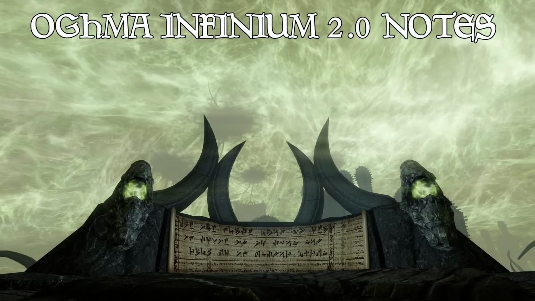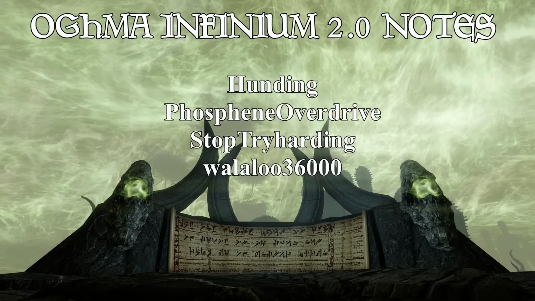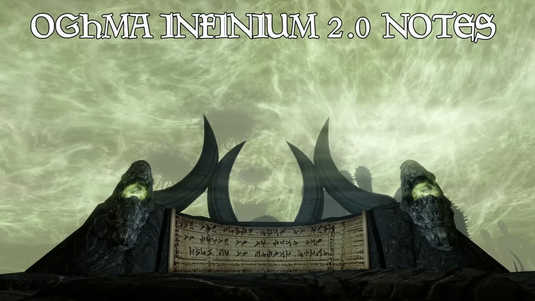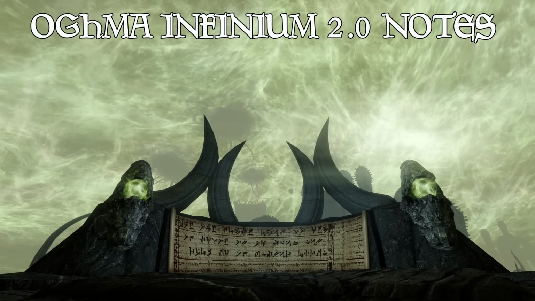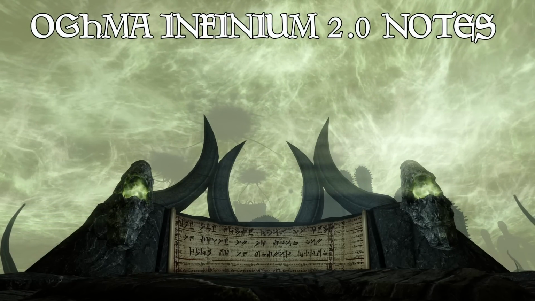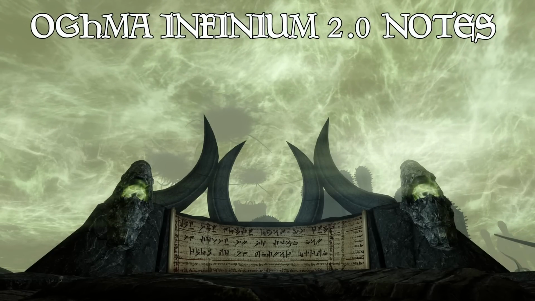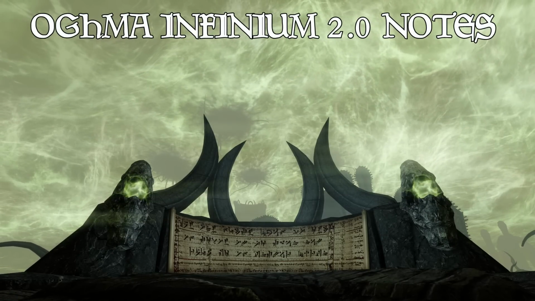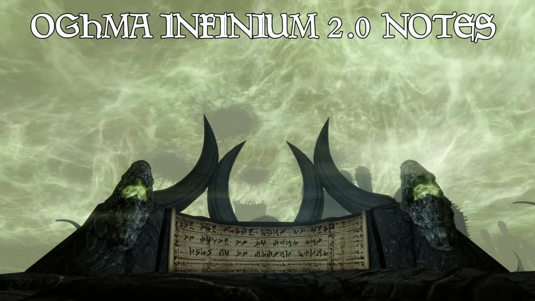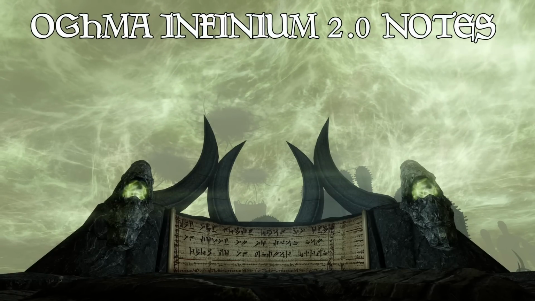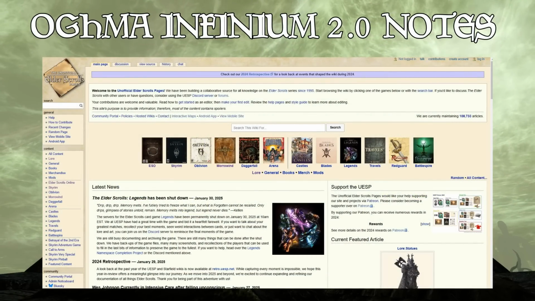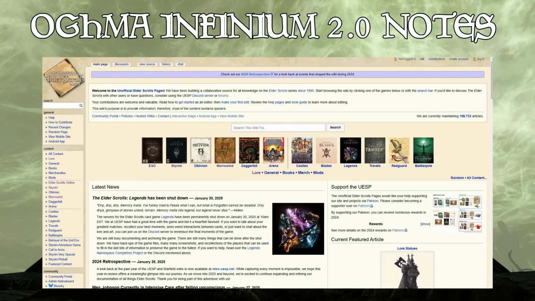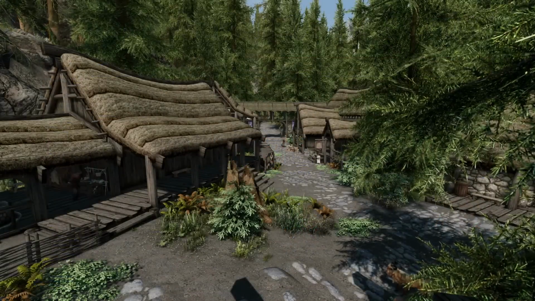Finally, I want to give a big shout out to everyone who has contributed to the Ogma Infinium. It has been a rather large task with just the amount of articles which needed to get written up for it, and I'm honestly quite impressed with the amount of information we have been able to cover with Ogma 2.0, and we plan to continue adding more important articles and updating the existing articles to make AI NPCs roleplay better. And also big shout out to the UESP. It truly is one of the greatest video game wikis on the internet, as a lot of the articles were based on UESP information.